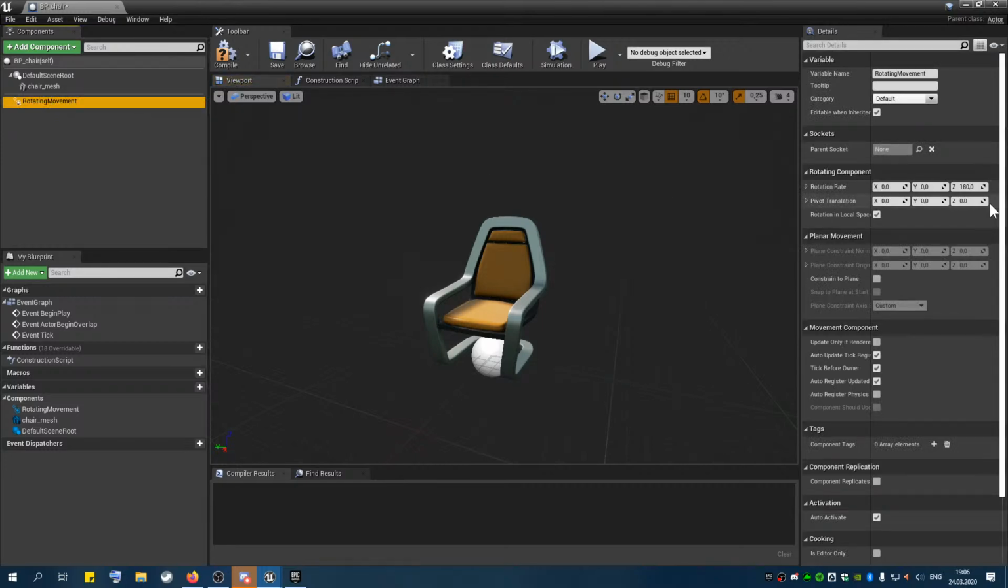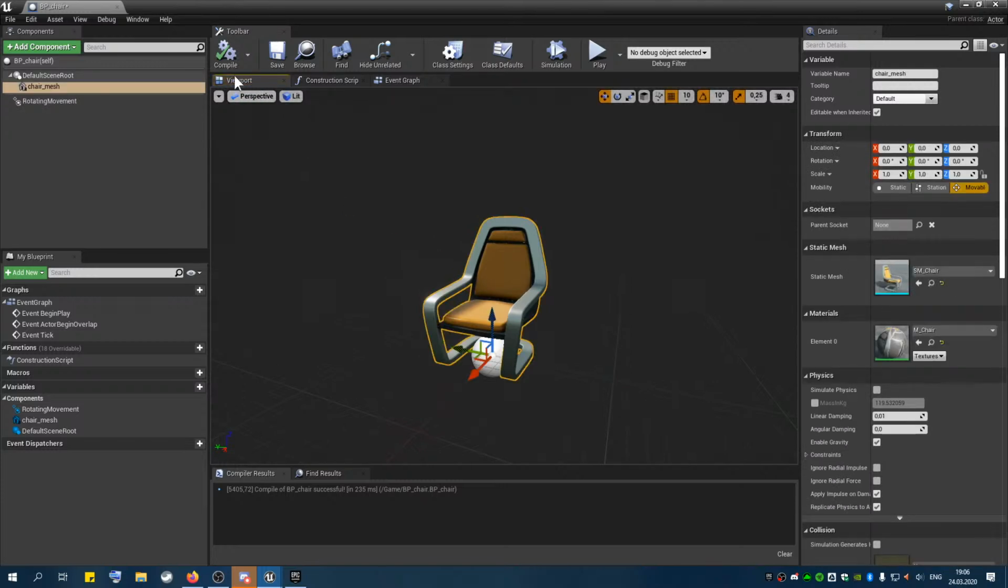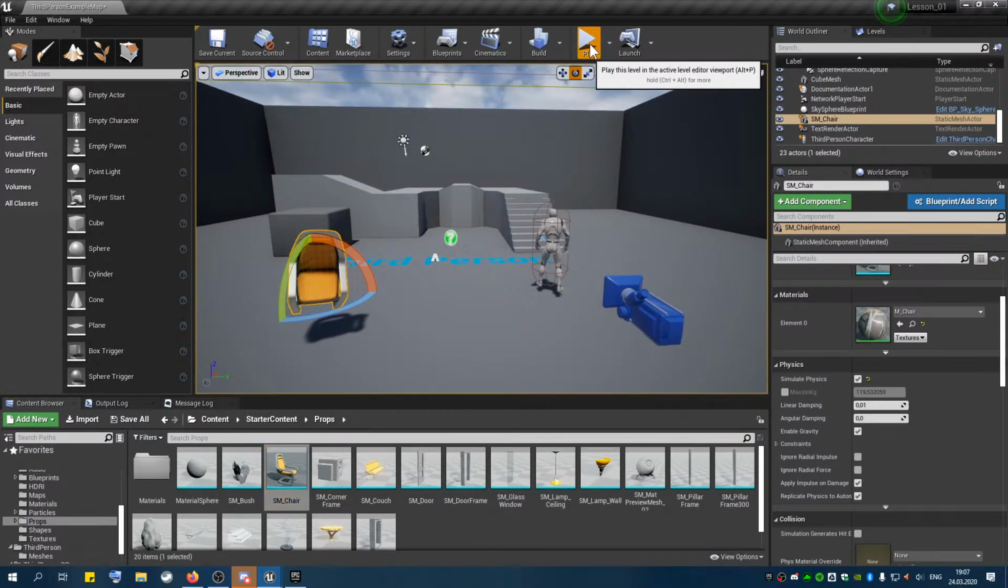And then what I just need to do now is select the rotation rate. I want it to rotate around the z-axis, which is the top axis here, and 180 is actually too much. Let's say 24. And let's compile. Compiling compiles our script, so every change which we're making in the code of our blueprint, in this case our chair blueprint, we need to compile first, and let's save it. And now if we click play,